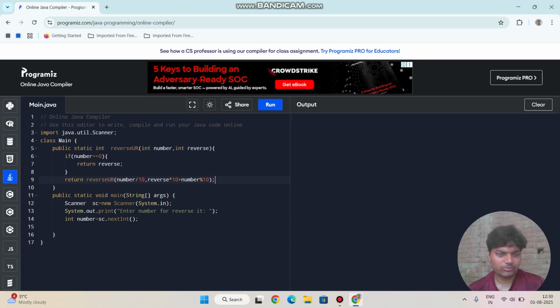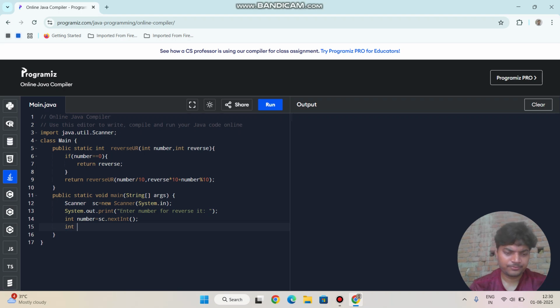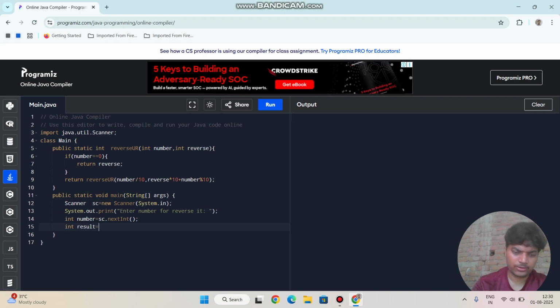I am going to store the result: int result is equal to reverse using recursion. Number I need to pass and 0 I need to pass, and I need to simply print with System.out.print.